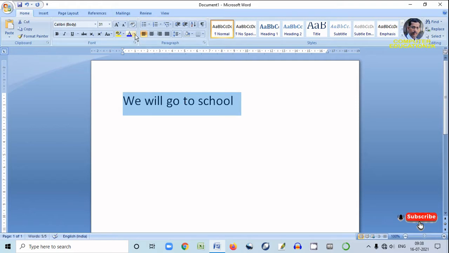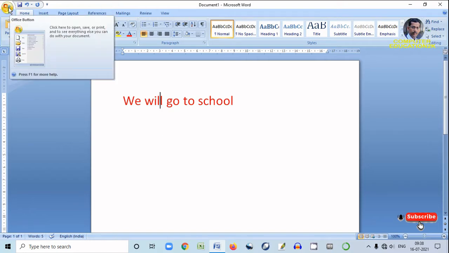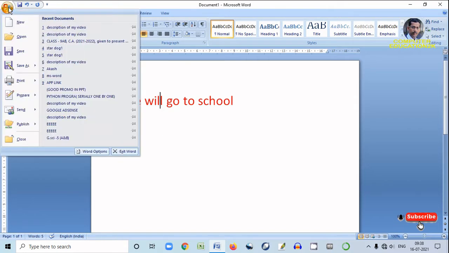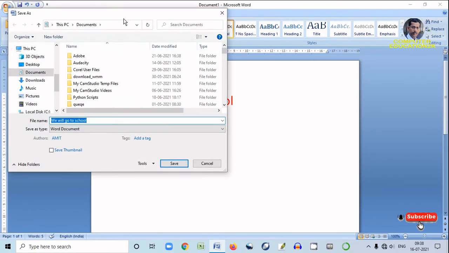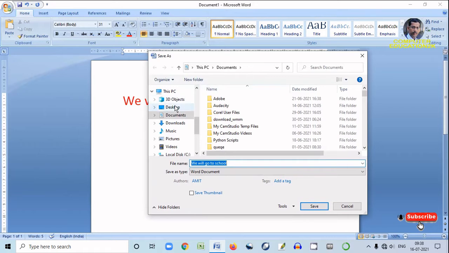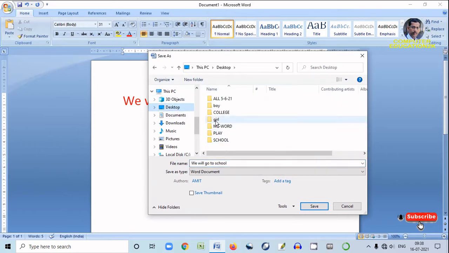Then I'll save this file in the folder girls. When you save this, it will become a file. So you have to go to this icon, and then you have to go to save. You have to save on desktop in the girl folder.